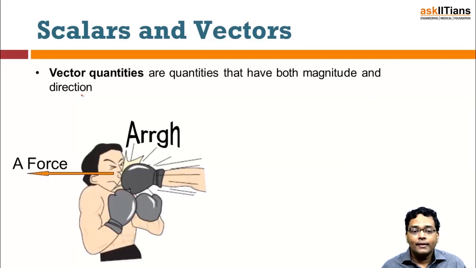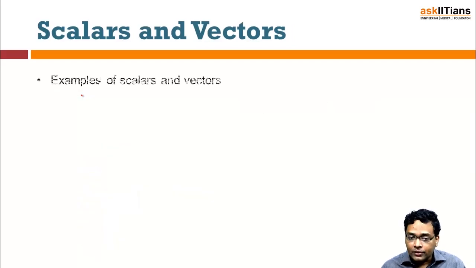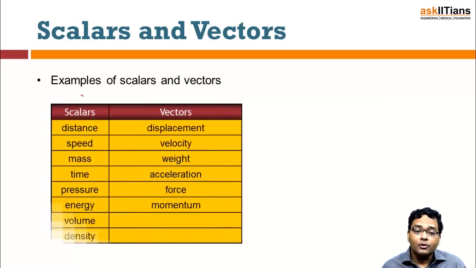Now let's try to understand some examples. So for scalars, there are going to be some analogous quantities. I'll be defining them as analogous because they will have the same dimensions, mind you. These are base quantities that I am referring to. So for instance, distance and displacement. Distance is a base quantity, displacement is also a base quantity. Displacement depends upon the direction in which we are going, right? For instance,